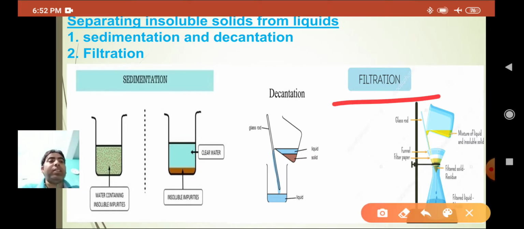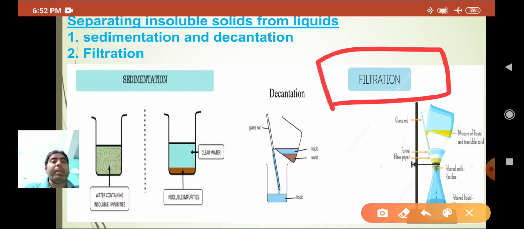You can see this process, the filtration. We separate the used tea leaves from tea. We pour the prepared tea through a tea strainer, and the strainer has a wire mesh in it that acts as a filter. The liquid tea passes through the small holes of the tea strainer and collects in a cup kept below. The used tea leaves, being bigger in size, do not pass through the tea strainer and are left in it. This process is called filtration.